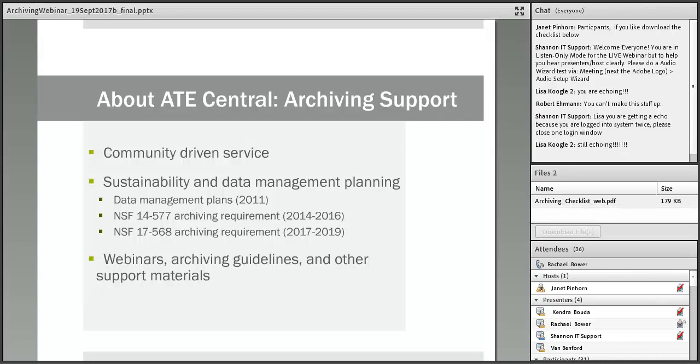You all may remember when the data management plan requirement first started. That came about in 2011. And the data management plan meant that NSF was really, really committed to making sure